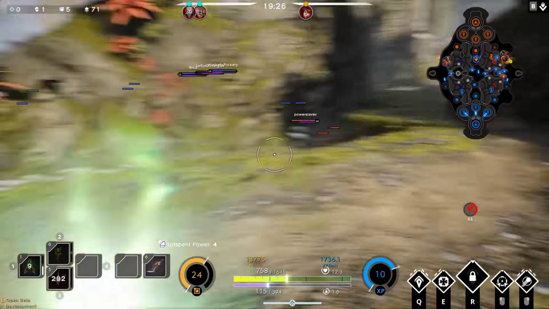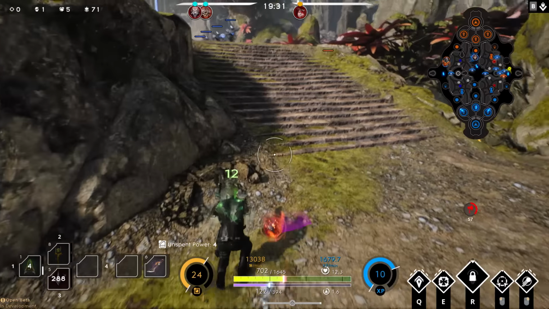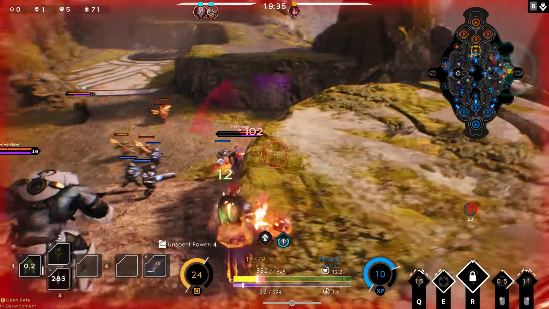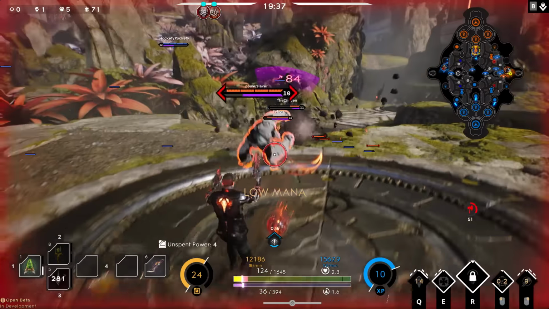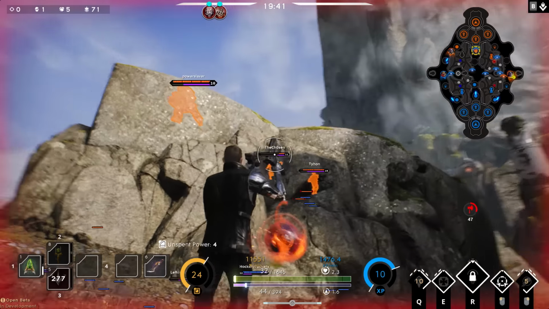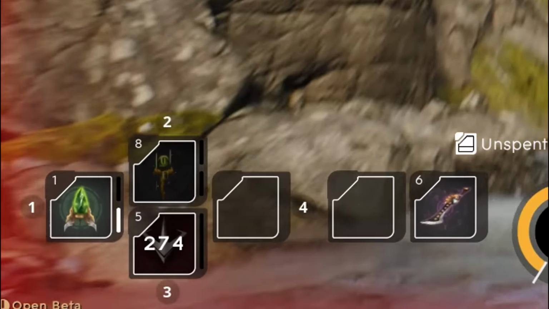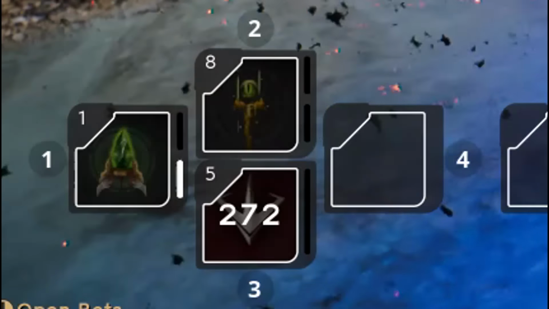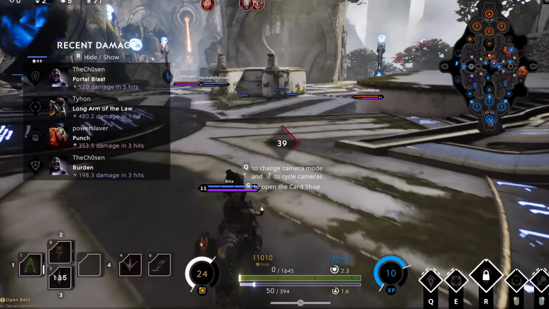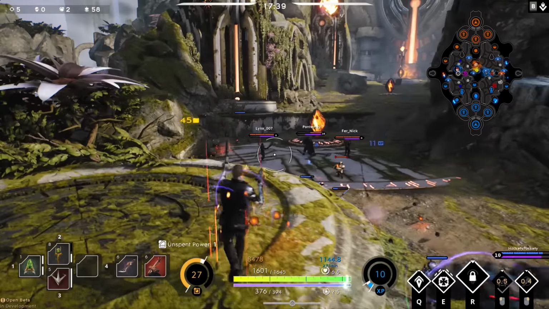Before I leave you to try this build for yourself, I want to give you one tip with regards to Blinkshot and Blink Charm. The reason I have both in my deck and why I take Blinkshot is simple. If I use Blinkshot but I'm unable to reset the cooldown, I'll switch it to Blink Charm. This will reduce the cooldown significantly. I die with Blinkshot on a cooldown for 274 seconds, far too long, so I switch it out for my Blink Charm. It's now on cooldown for 134 seconds,